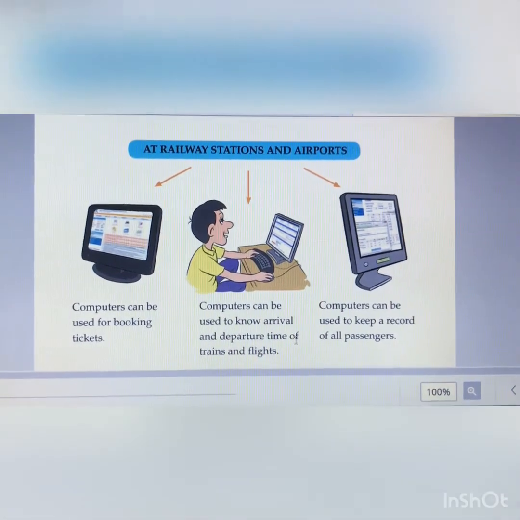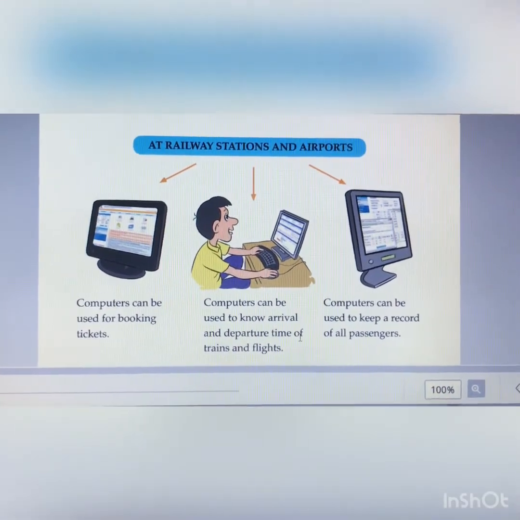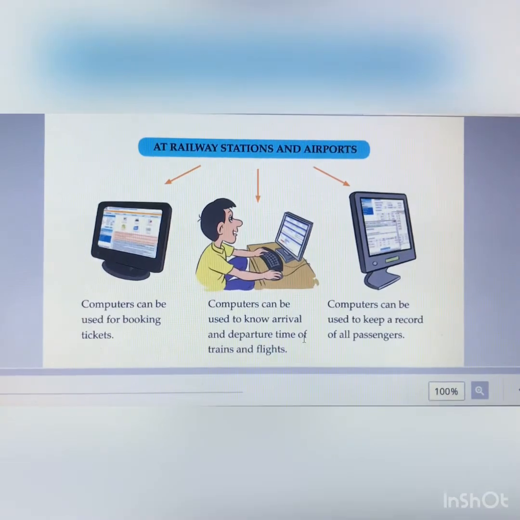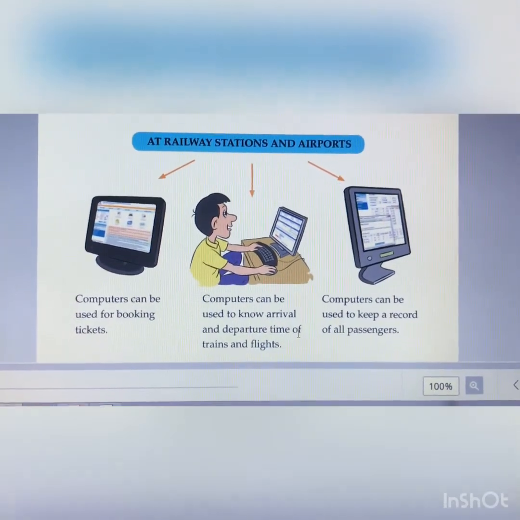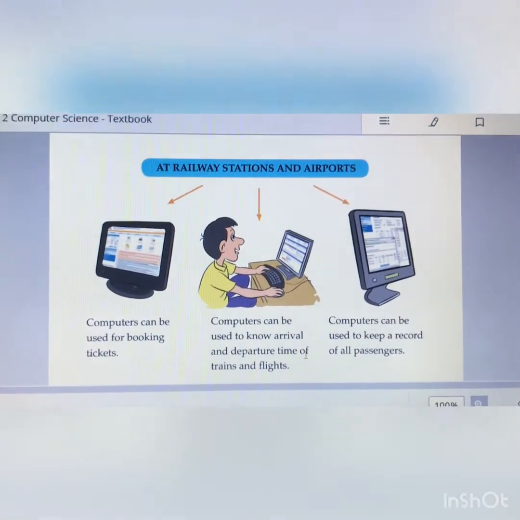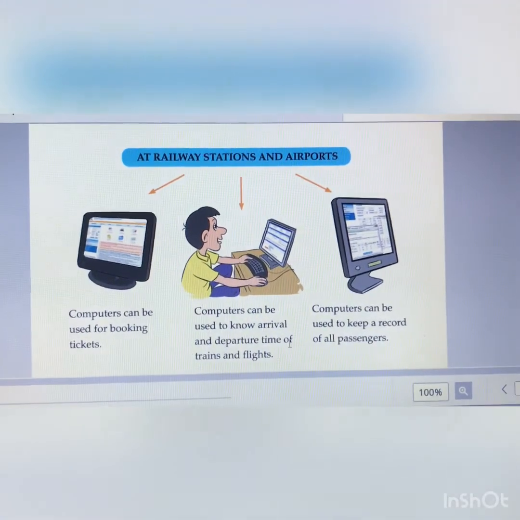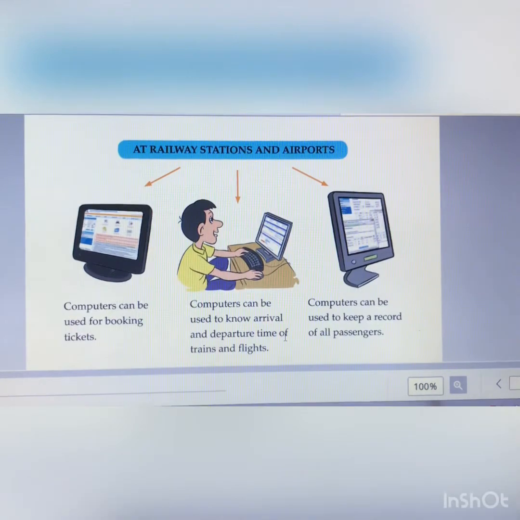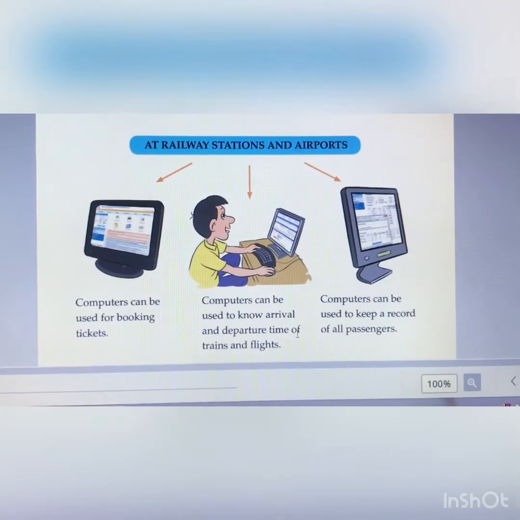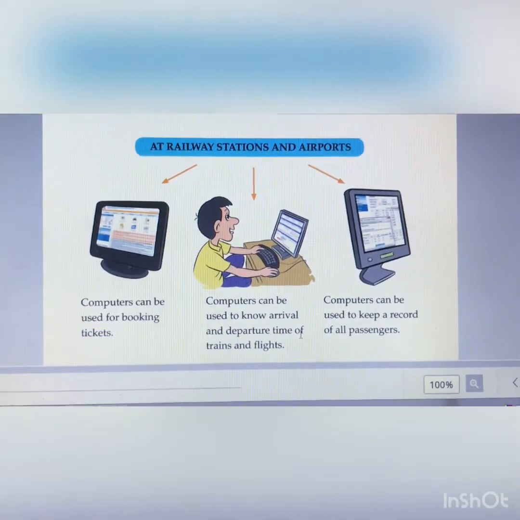So now what you all have to do, you all have to keep a record. You all have to see the bills and tickets at your home, of restaurants, air tickets and railway tickets. And then after that you all have to collect them and show me in the next class. Okay?